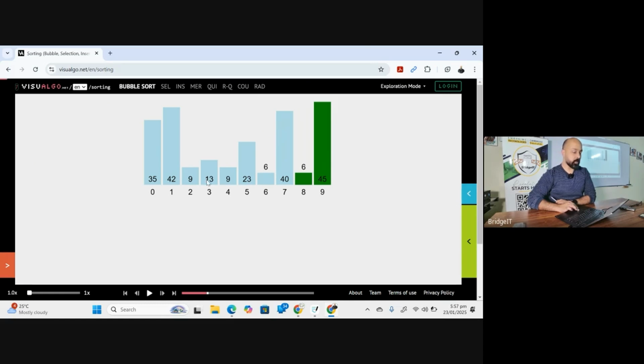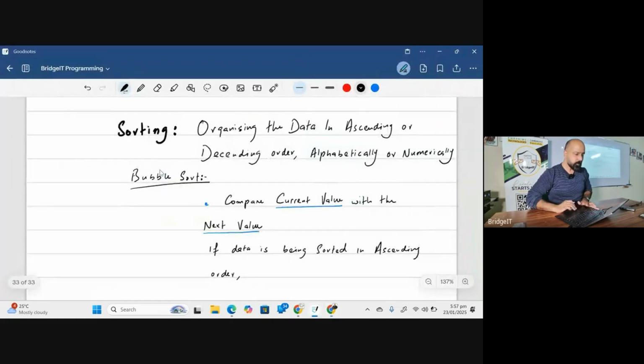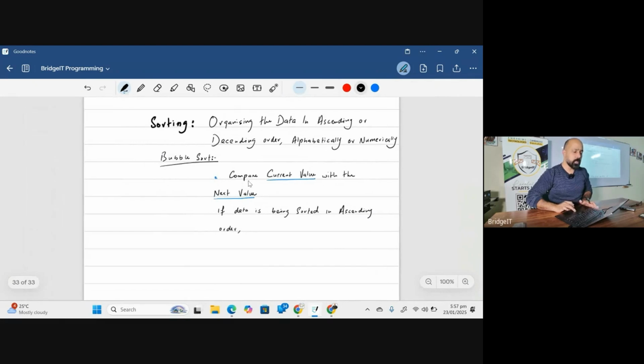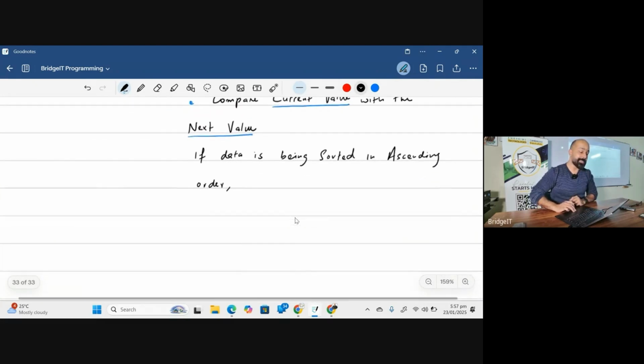We will do this swapping for the whole array again and again and again, until we check that no swapping happens at all. Okay? Until the swap returns false, we'll keep swapping the whole data. This is the essence of the bubble sort. So if I'm going to put it down in my words, comparing current value with the next, if the data is being sorted in ascending order,